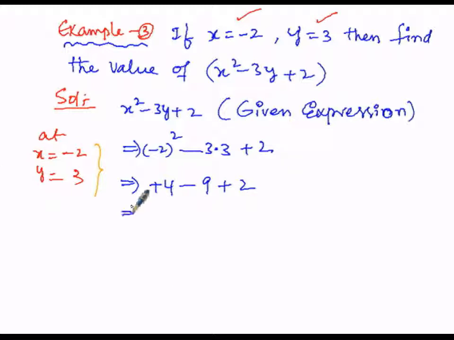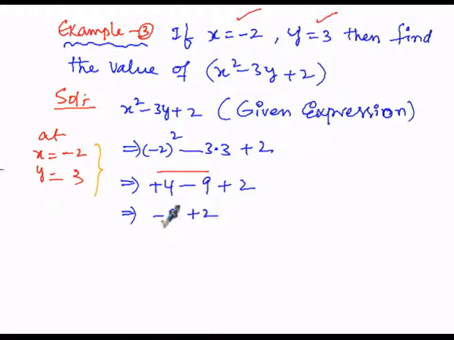So that implies, first of all let us simplify. These two terms, plus 4 and minus 9, plus of minus is minus, we have to subtract greater minus least, that is 9 minus 4 is 5. To assess the sign of this 5, among 9 and 4, 9 is greater, its sign is minus 9, therefore the sign assigned to the 5 is negative. Then now plus 2 must be copied as it is.